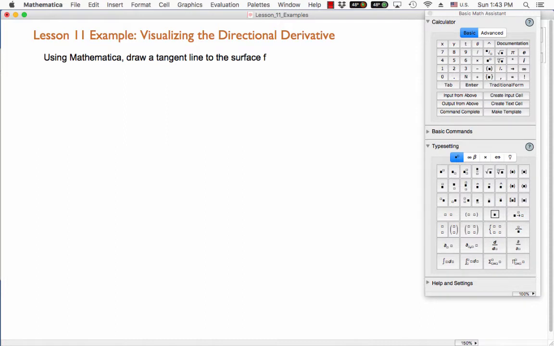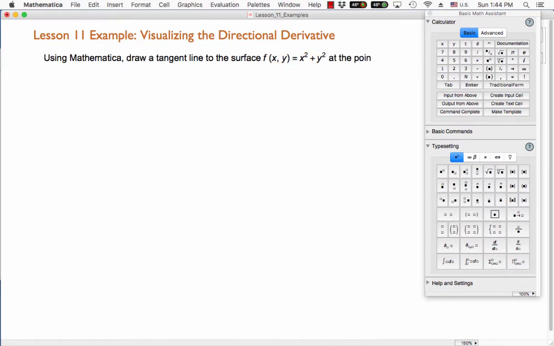I'd like to say that this is, let's see here, F. And then we'll go ahead and put parentheses around this. So there's the parentheses. This is x comma y. And then we're going to go ahead and define this to be x squared plus y squared